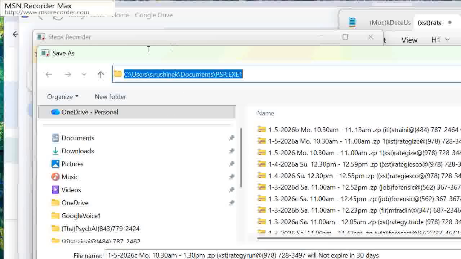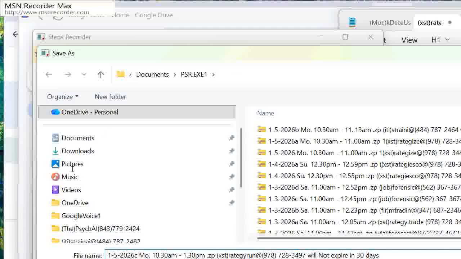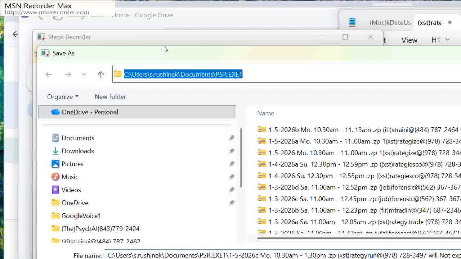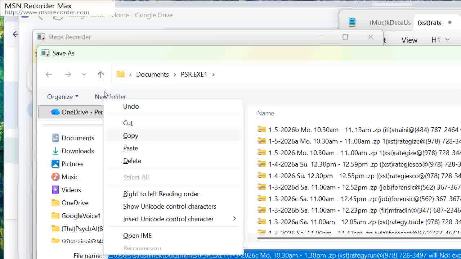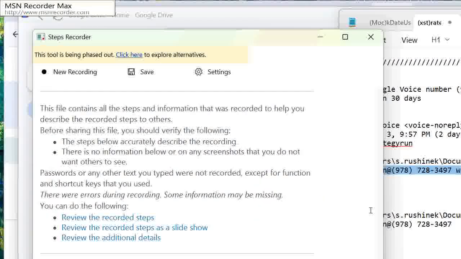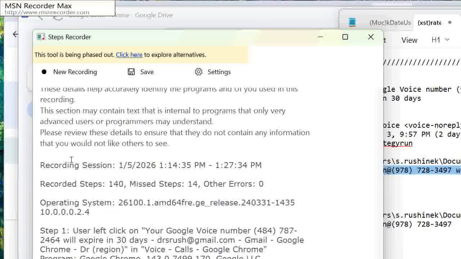Yes, now I want to also include the path. Yeah, I added it as a prefix. Now I copy to the clipboard buffer. I save it, and then I'm going to click review additional details to scroll up to see how many screenshots